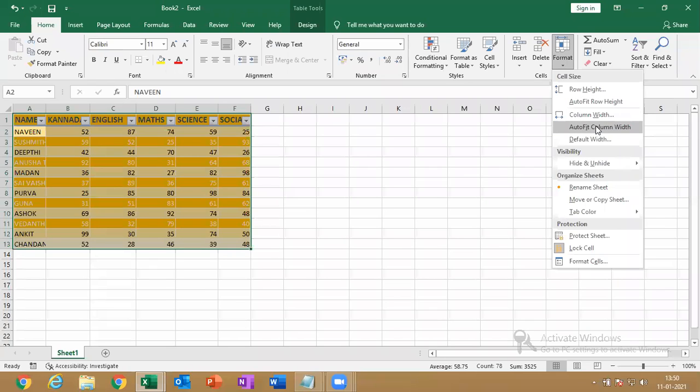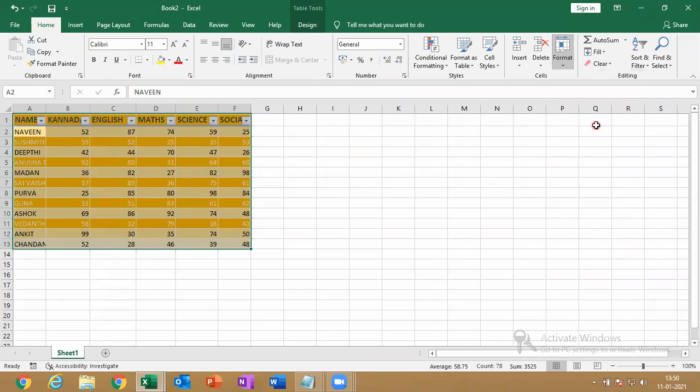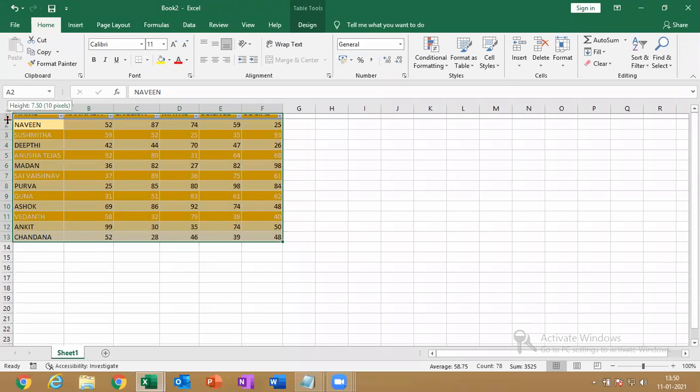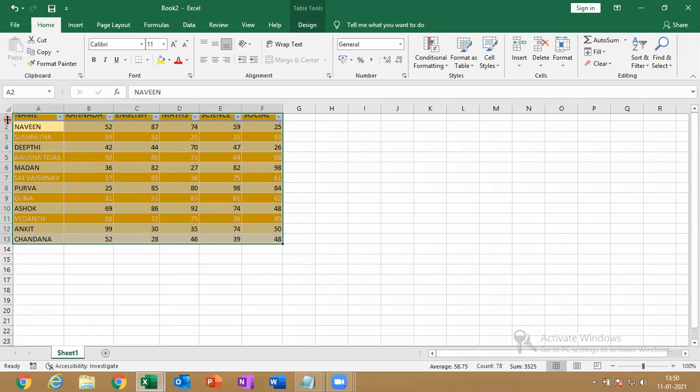Whichever is the maximum length in each column, the column width will automatically be fixed to that. For example, the row is like this, only much less is showing.